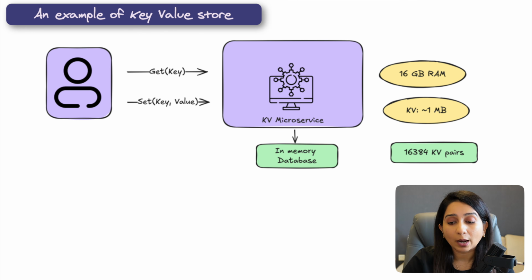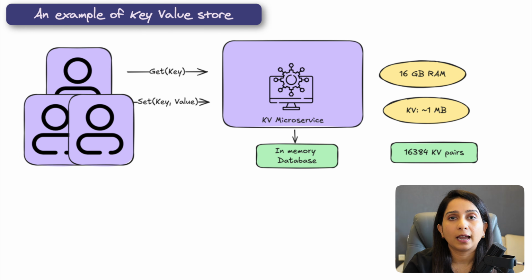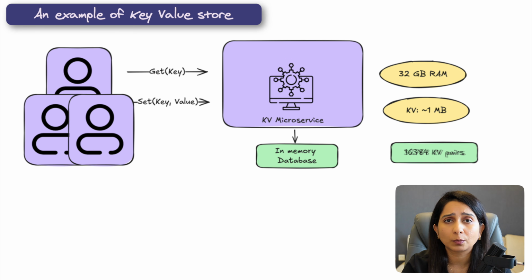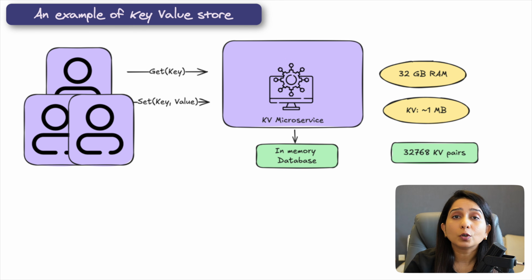This is fine, right? But what happens if the number of users increases and you have to support more keys than 16,000? In that case, the immediate solution is that you can increase the RAM of that particular instance. You can scale up that instance. As we have learned in previous videos as well, this is known as vertical scaling. If you increase the RAM from 16 to 32 GB, it can help you store more keys. Not exactly double, but you can still store something around 32,000 key value pairs. You would be allowing the users to set and get these keys. Your system might require some more compute and might become slow, but you can still manage this.